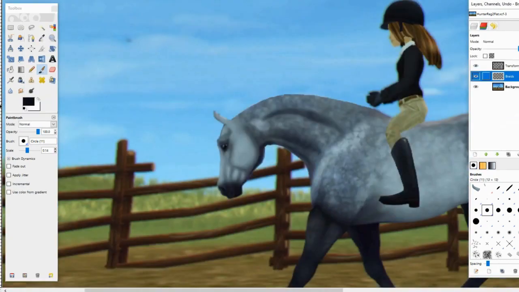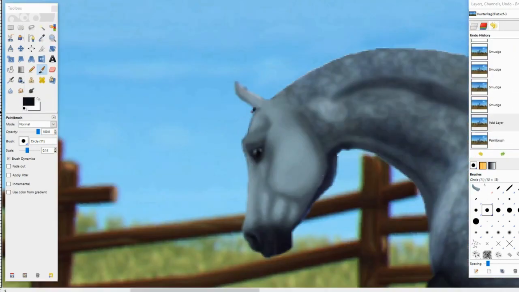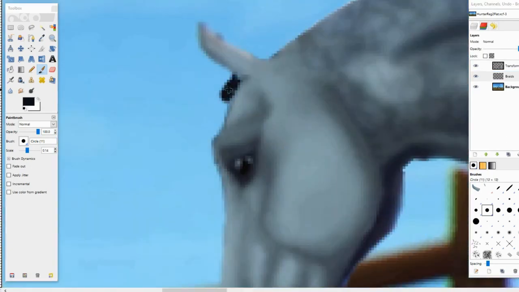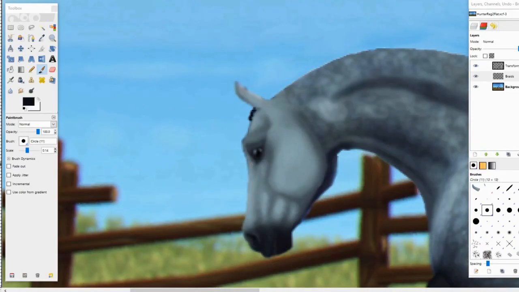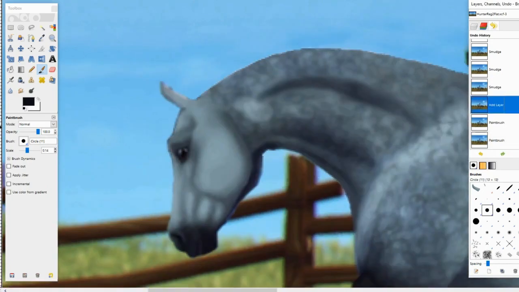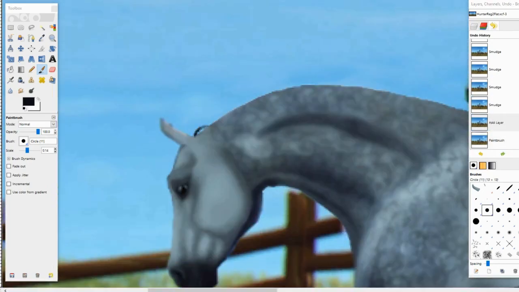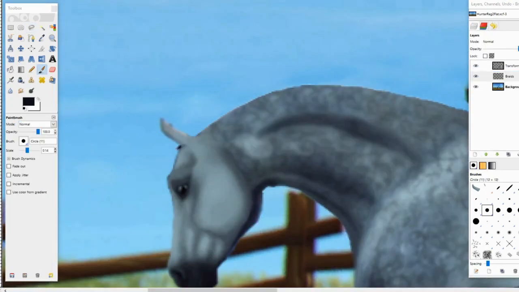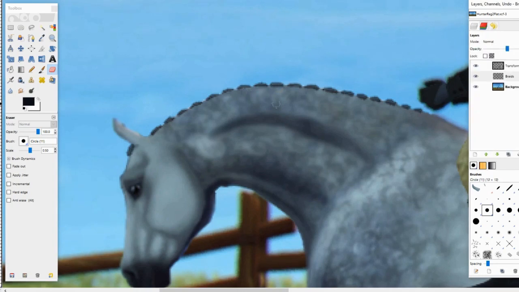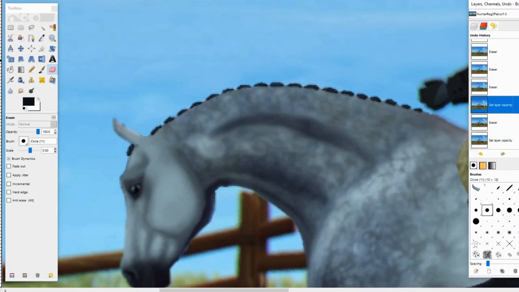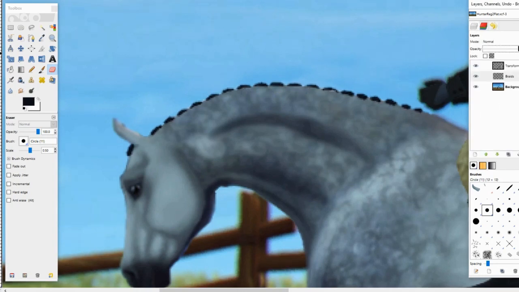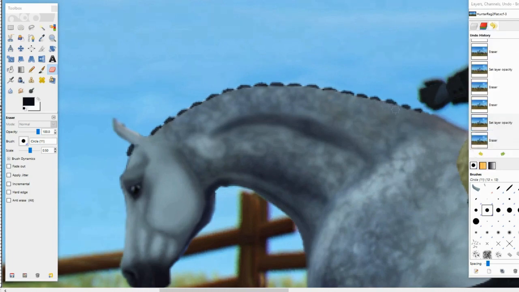Now I'm starting to draw braids. I forgot to mention I did erase his mane and clone Dapples because I wanted to draw braids for this edit. I got really frustrated and cut out a lot of this footage because it took me a really long time to get them to how I like them. So here they are done. And now I'm just changing the braid layer's opacity and erasing it on the neck so that it looks better